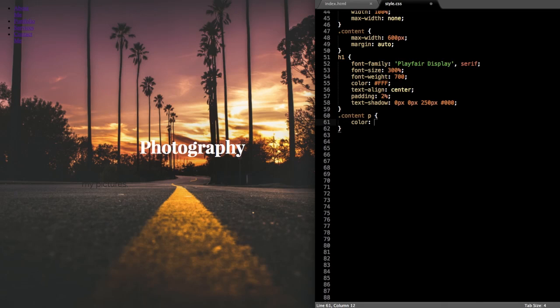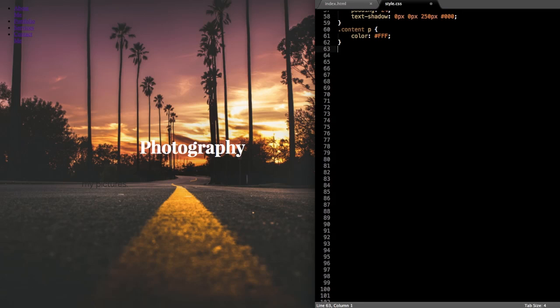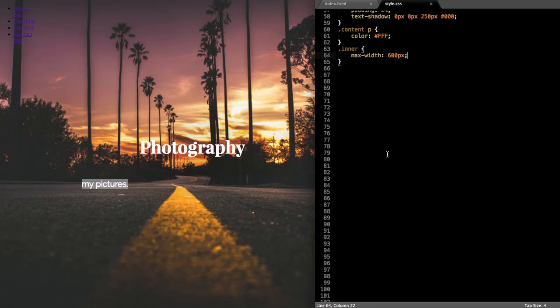Alright, so now let's do the paragraph text inside of the content class here, and we'll just make it white with the FFF hex value. And then let's reference the inner class once more and just change a little bit of stuff here. So we'll make sure it's a max width of 600, and then let's say margin auto,